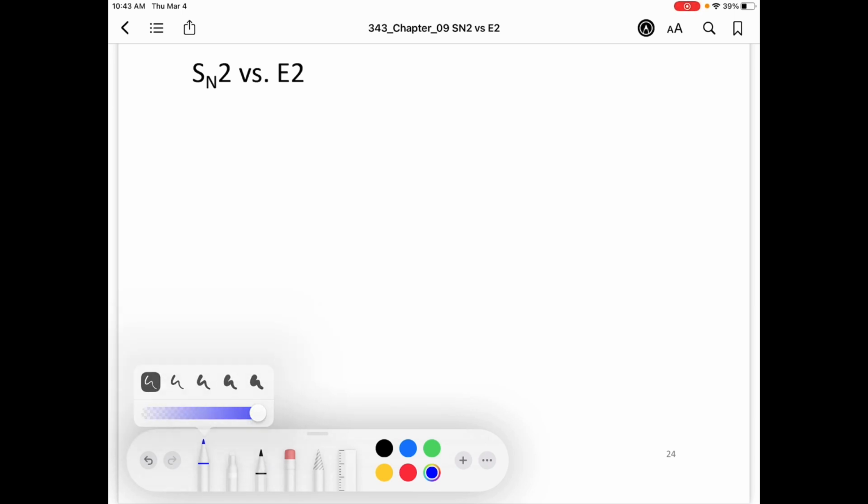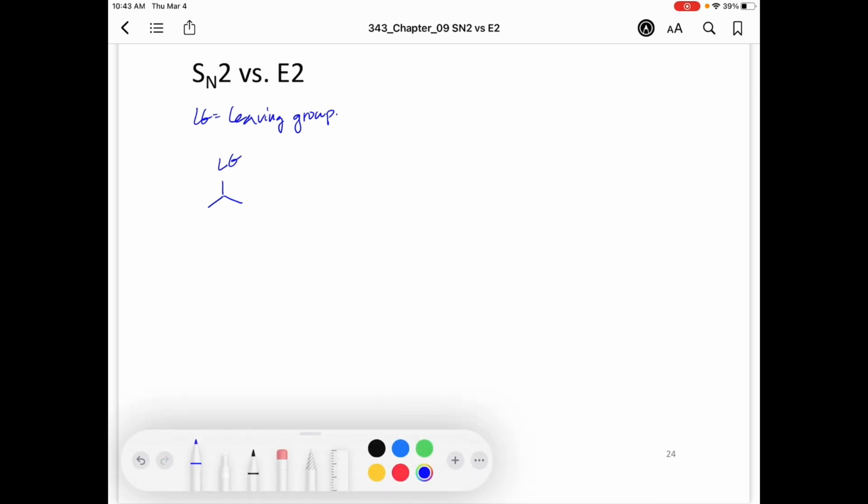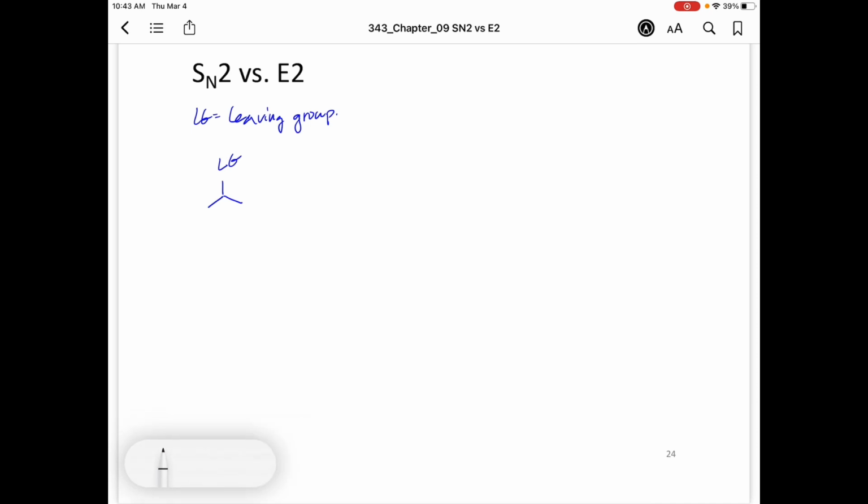In today's video, we are going over SN2 versus E2 reactions. And let's just go over the generic schematic of this. So if you have some alkyl group here, we have a leaving group. We've talked about these leaving groups being able to hold that negative charge, right? And so these are conjugate bases of strong acids. And if we think about these alkyl groups with the leaving group, they can undergo two different mechanisms when we